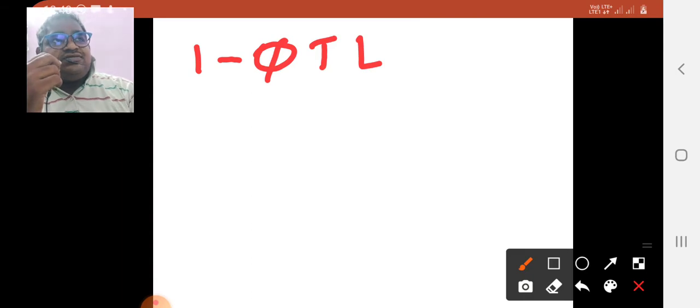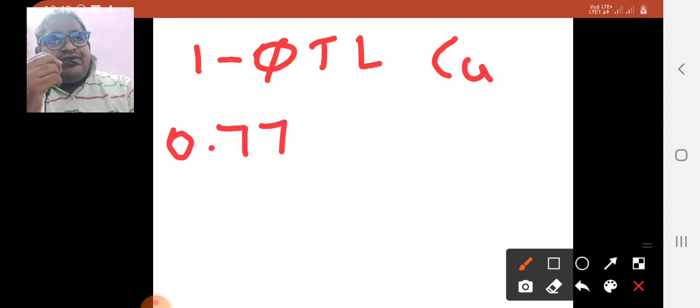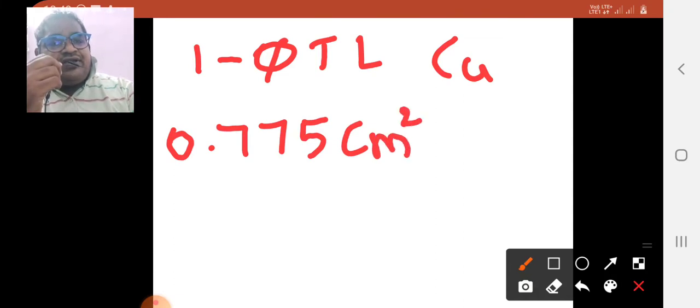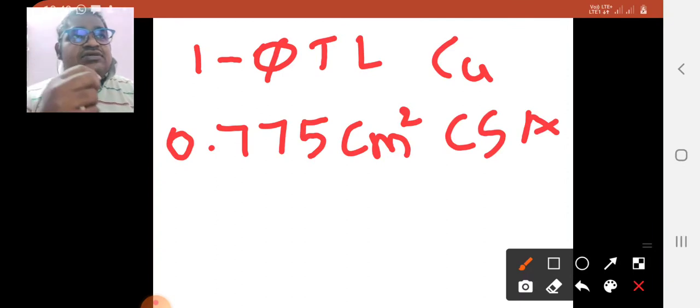Let's write the problem. What is the maximum length in kilometers for a single phase transmission line having copper conductor of 0.775 centimeter square cross sectional area,